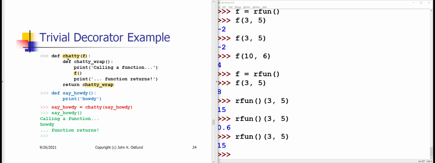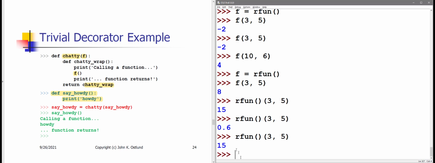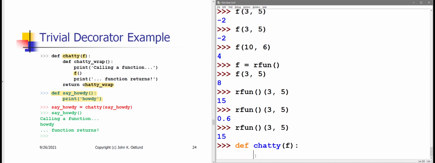All right, so chatty is going to be my decorator. And here is a simple example function that I want to decorate. Let me type this stuff in so that we can see what's going on. I'm going to define chatty as my decorator. It's going to receive a function as its argument. Internally within chatty, we're going to define a nested function, chatty wrap,